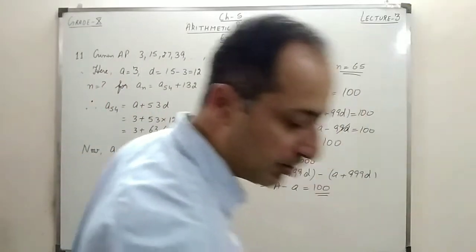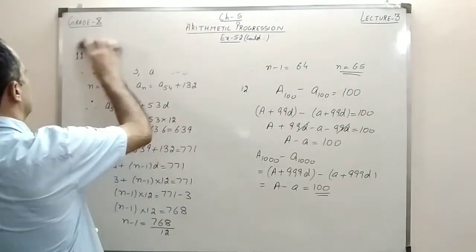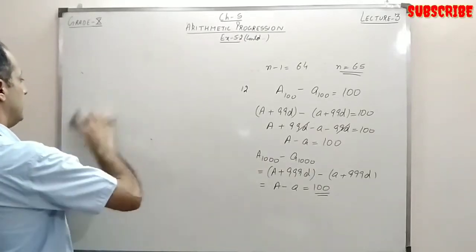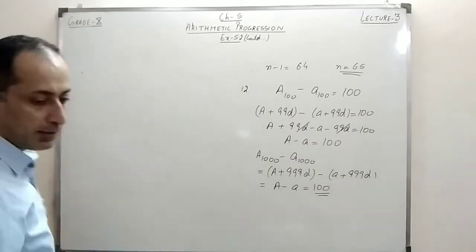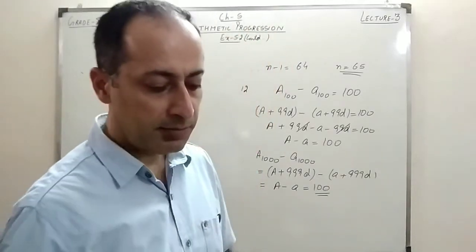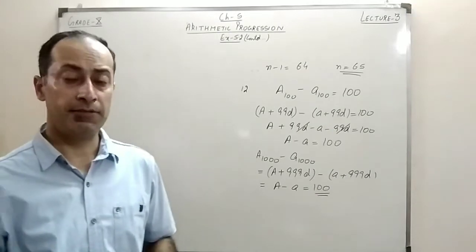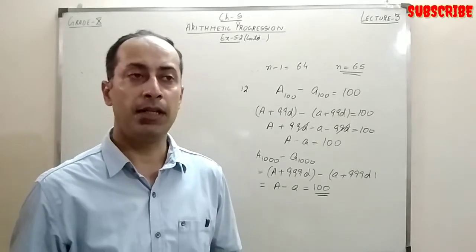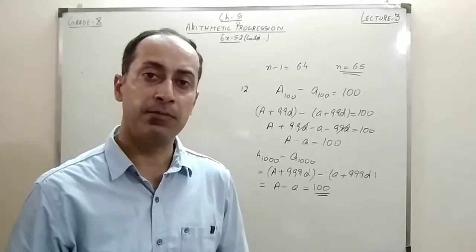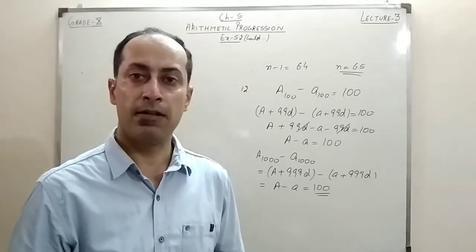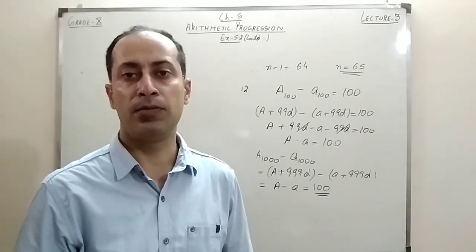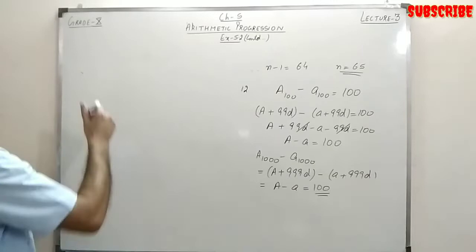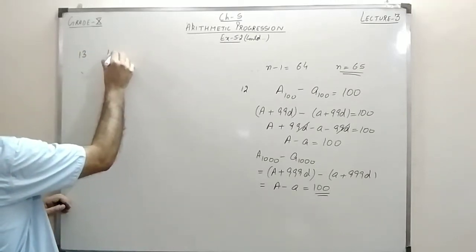So let's take another question. Now if you see the 13th question, it's given how many 3-digit numbers are divisible by 7. So the first step would be to form the AP. And how can we form the AP? I have to find the first 3-digit number which is divisible by 7. So you can say 100, no, 101, 102, 103, 104, and when you reach 105, you see 105 is divisible by 7. So for the 13th question, my AP would start with 105.